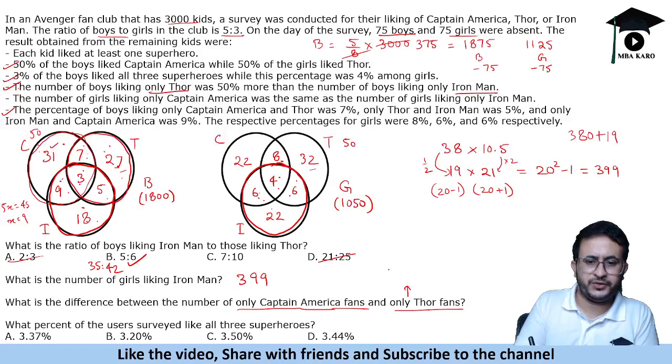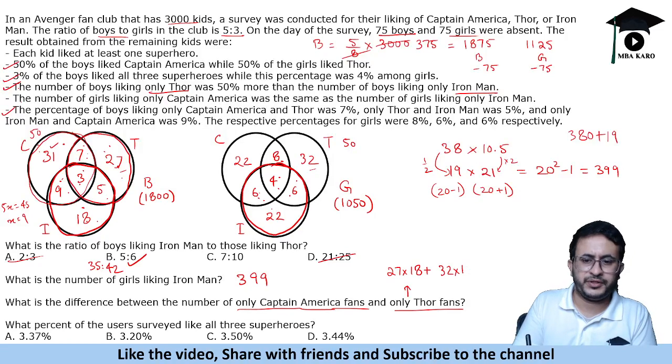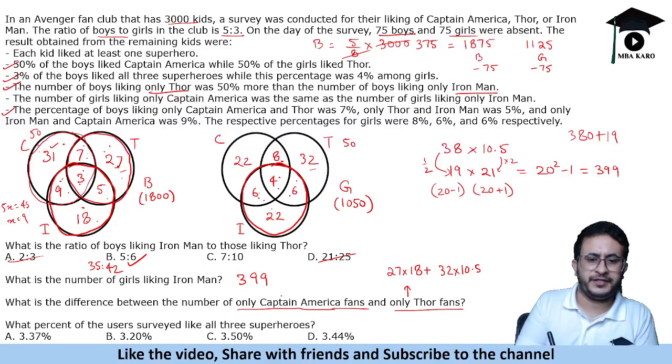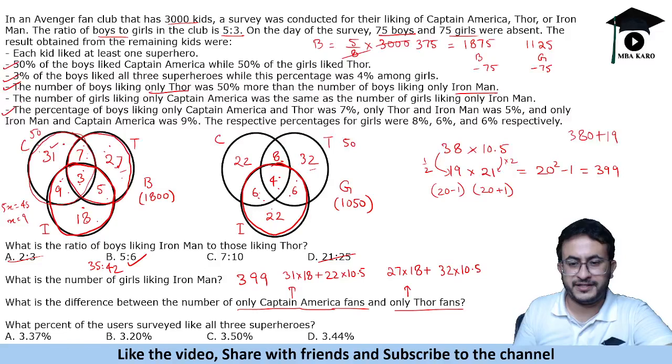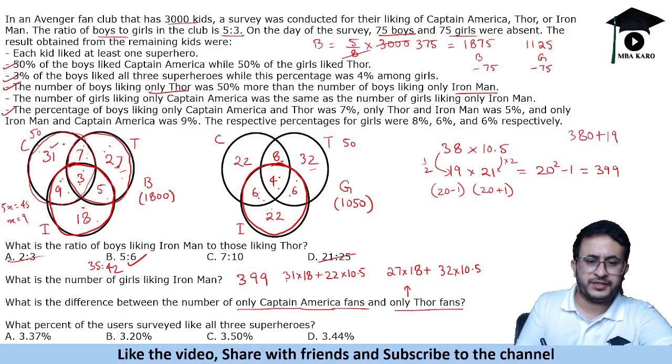is 27 into 18 plus 32 into 10.5, right? And if you look at only Captain America, that is 31 into 18 plus 22 into 10.5. So these are the values that you will have to calculate and find the difference. Let us do the calculations. 31 into 18, 540, 18 into 30, 540 plus 18, 558 plus this is 220 plus 11, 231, and this